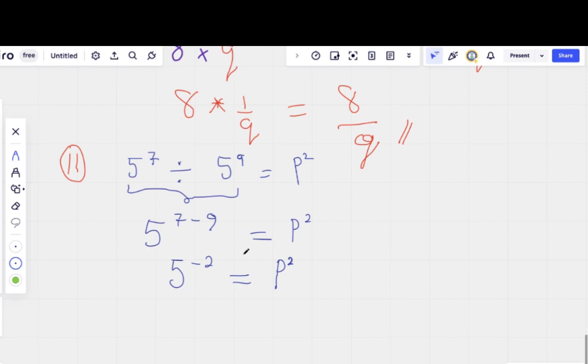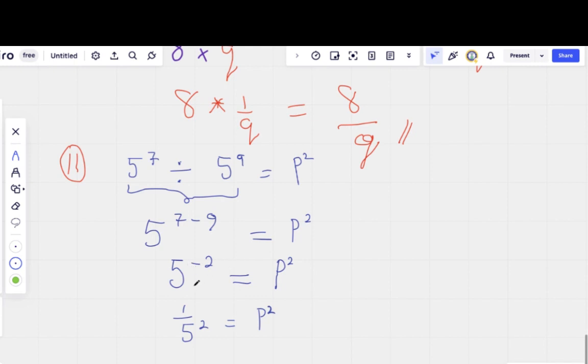Equals p to the power of 2. This is kind of the same, except that we have minus 1 here. This is the same as saying 1 all over 5 to the power of 2 equals p to the power of 2. Okay,